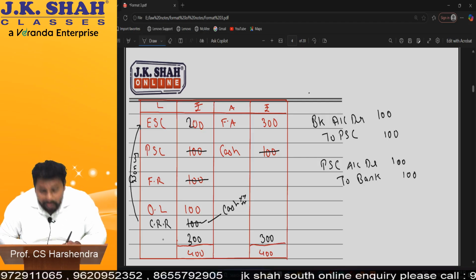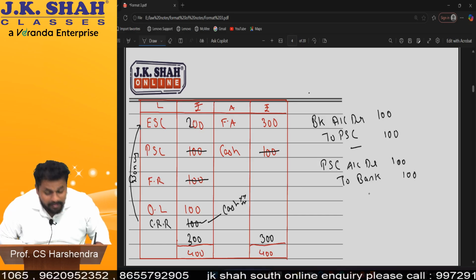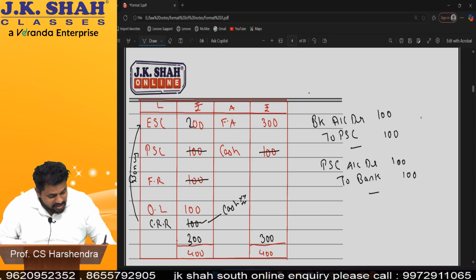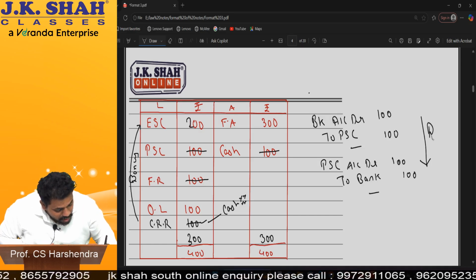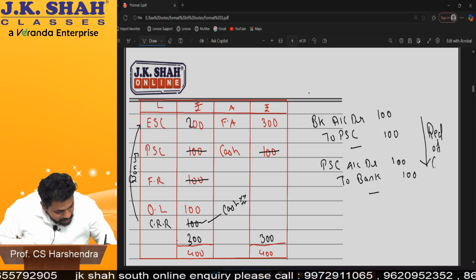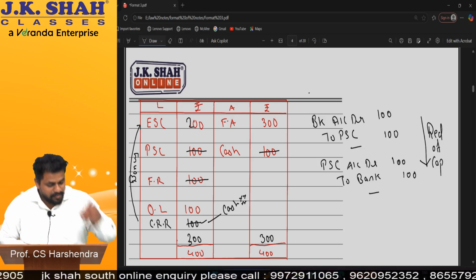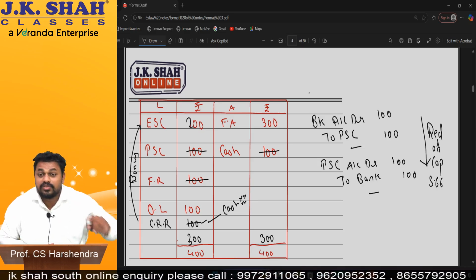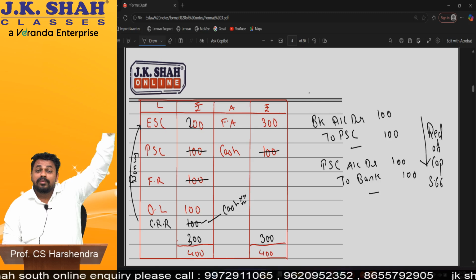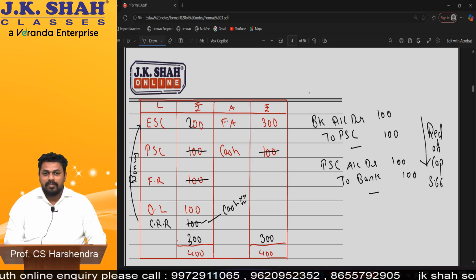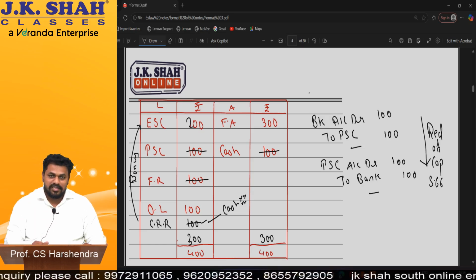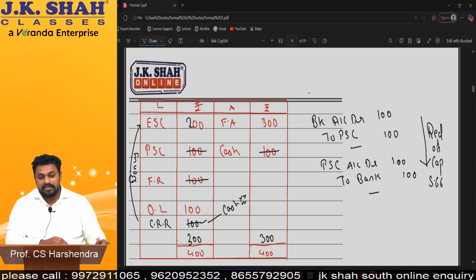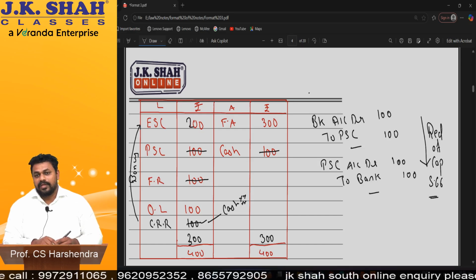You know why? Because if we don't create CRR, this will be the journal entry passed, yes or no? Now will the capital come up? No. Your capital is going down. So this is called reduction of capital. What we call, beta? Reduction of capital is a big thing. For that, section 66 is to be followed. For that court approval, it will literally take 1 year, because the court will give you approval after 6 months only. That is called internal reconstruction. So this is a big part.